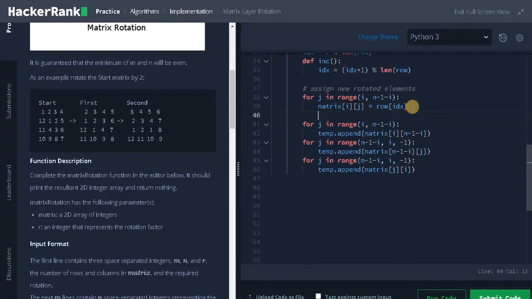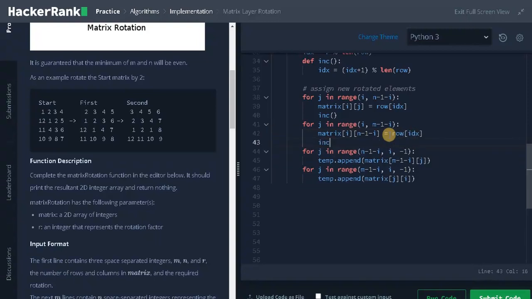After assigning each element, we have to increment the index. That will be the inc function, and we need to do this for the rest of the operations. Remove it and assign row of index, increment row, remove the append, row of index, increment.